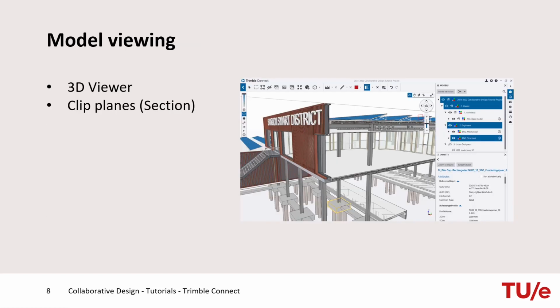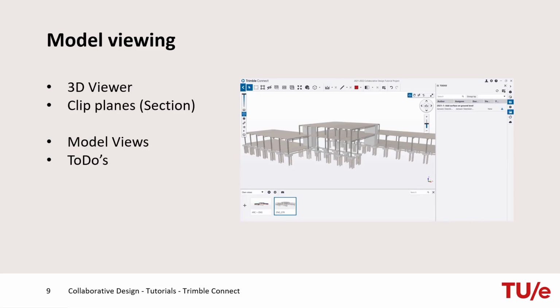With Trimble Connect, you can view DWGs, PDFs, Microsoft Office files, and images in the 2D viewer, but you can also view models and point clouds in a 3D viewer. While working in the 3D viewer, you can perform several different tasks. For example, use clip planes to create cross-sectional views of 3D models. You can create clip planes both vertically and horizontally. Once the desired cross-section has been created, it can be saved as a view or a to-do and shared with